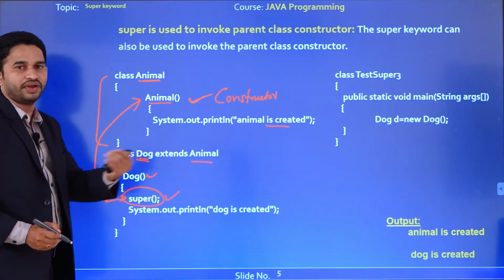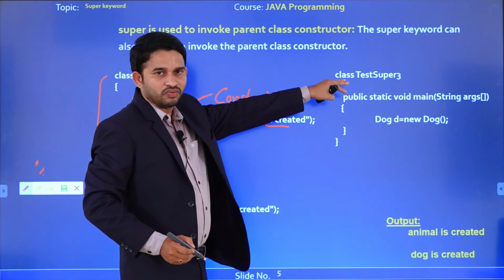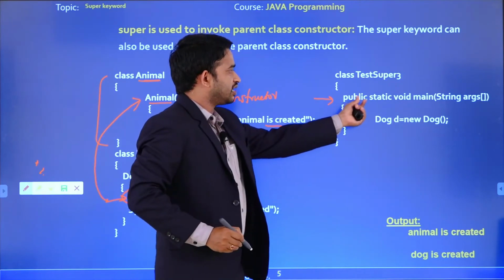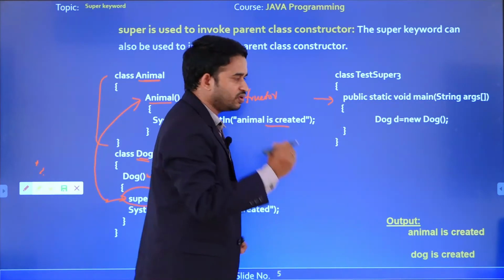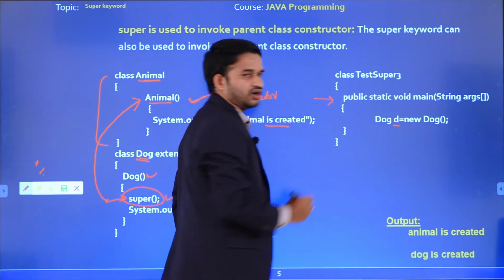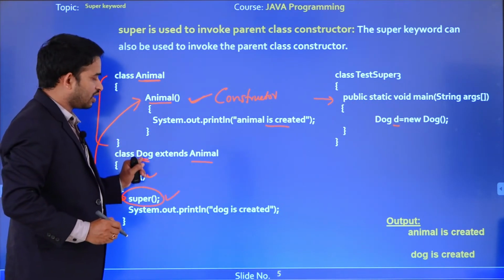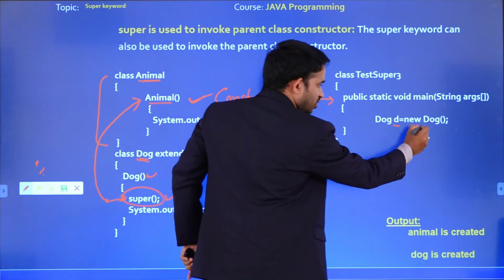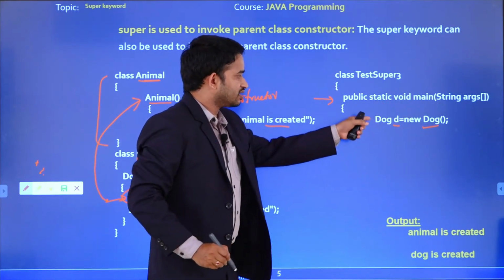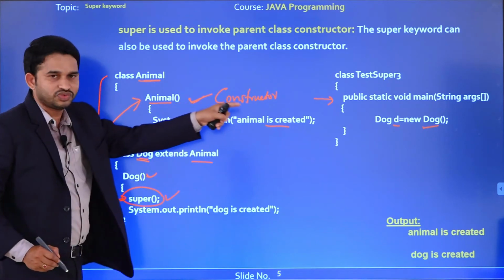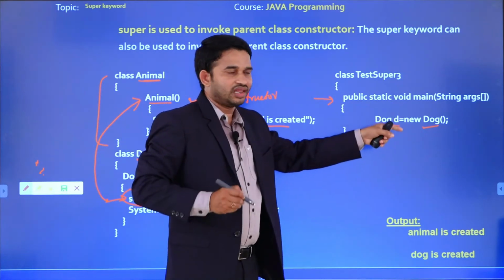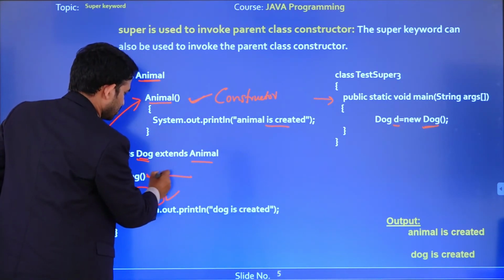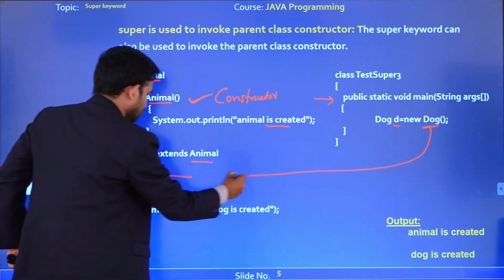In the next statement we are going to print. Next we go for one more class. Inside this class I am going to use a main statement: public static void main String args. Inside this, I am going to create an object, Dog d equals new Dog. Dog is a subclass. For the subclass I am creating one object. While we are creating this object, the Dog constructor is called, because for this subclass we are creating an object. When we are creating an object, immediately this constructor is called. The constructor name is Dog.